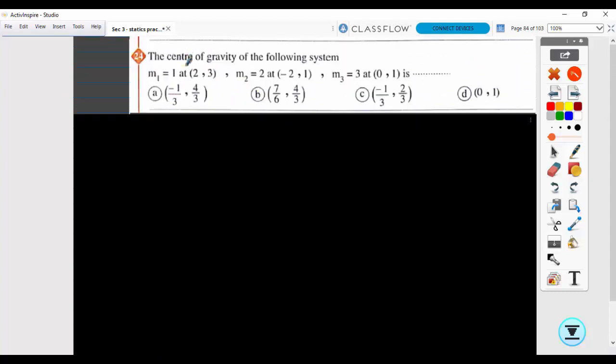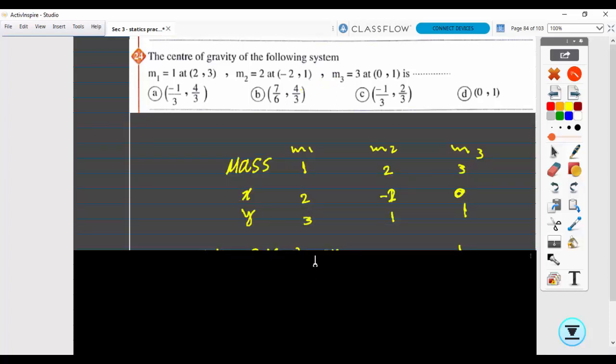Question 24. The center of gravity of the following system: M1 equals 1 at (2, 3), M2 equals 2 at (negative 2, 1), and M3 equals 3 at the point (0, 1) is. Here is a question about the center of gravity. How do we find the center of gravity of the three masses 1, 2 and 3? The mass unit, kilogram or gram, doesn't matter. So we form this table,